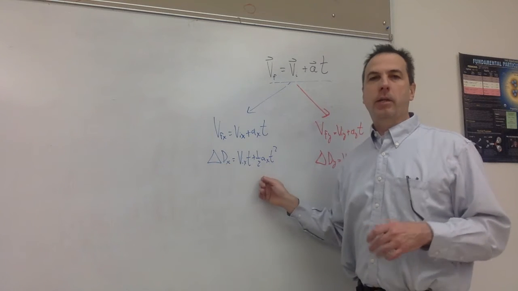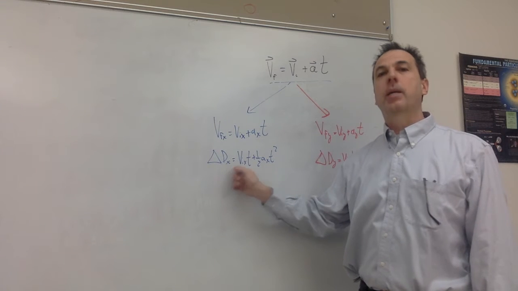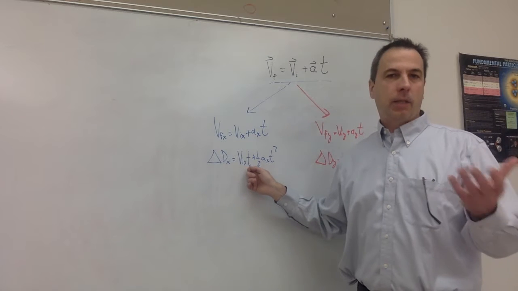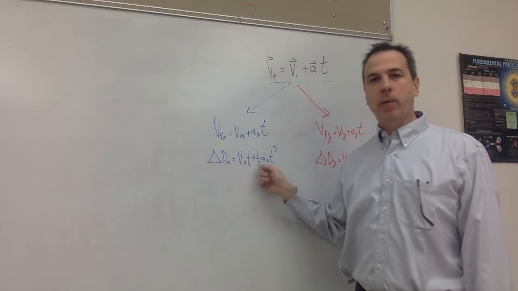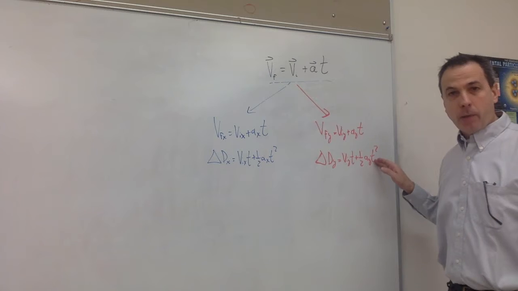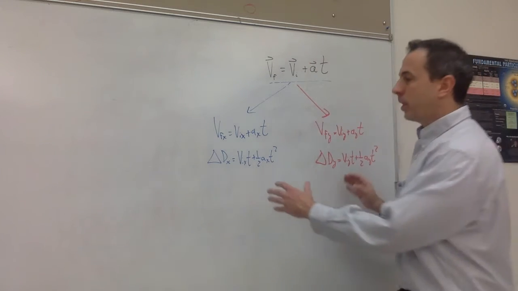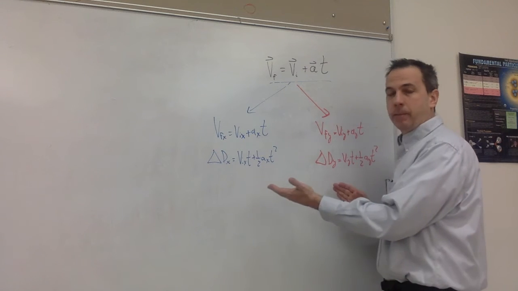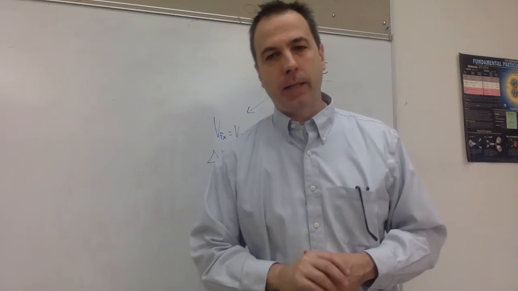And here I've written out the other one, the area under the curve that tells you how the displacement changes. So your displacement in the x direction is equal to your initial x velocity times the amount of time that's gone by. That's the non-accelerating part of the equation. And if you are accelerating, you have to add a 1/2 a t squared, where the a is just the x component, right? Then you write it out a second time for your y components. And if it's a 3D problem, you'd have a third one in terms of z's, right? And the only thing that connects these is time, right? The time will be the same because it's a scalar,